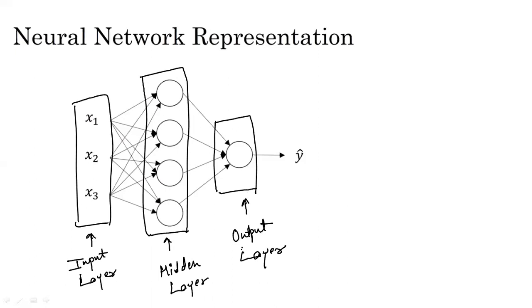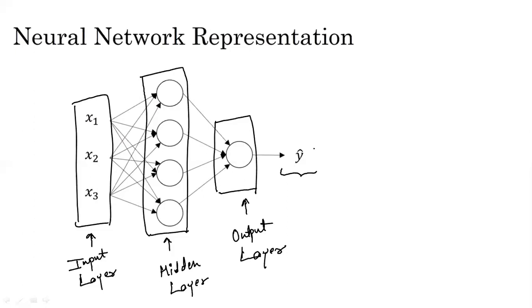Technically, this neural network is a very simple one, made up of three layers. We have one input layer, one hidden layer, and one output layer. The hidden layer takes all the inputs, that is x1, x2 and x3, which are part of the input feature vector x. Now the output layer comprises a single node, and this node is responsible for finding the final predicted outcome y hat of this neural network.